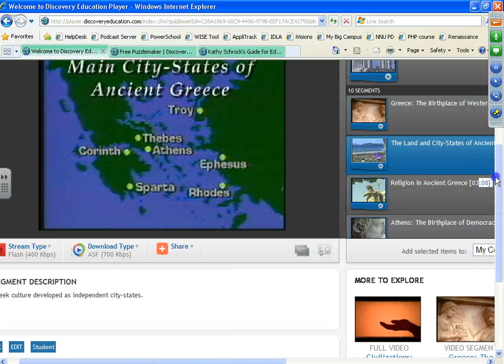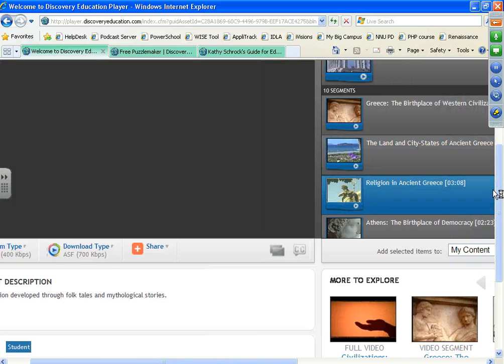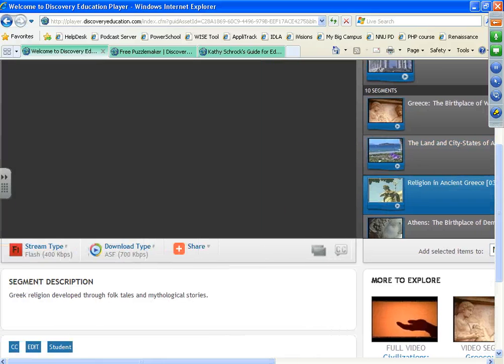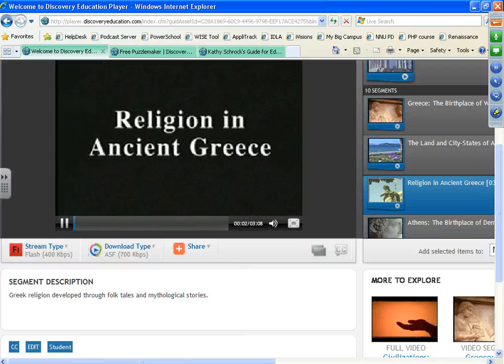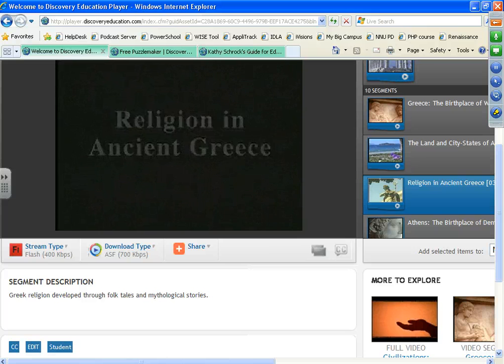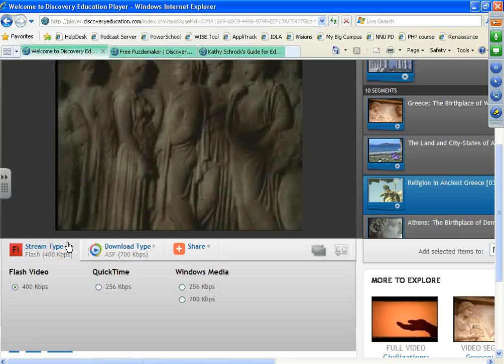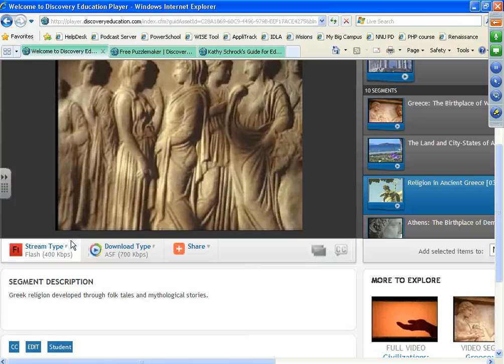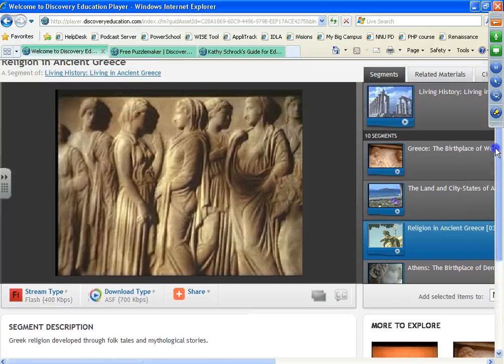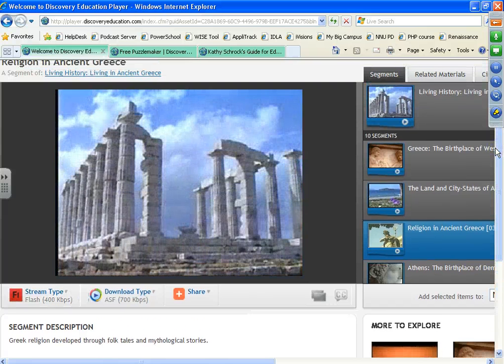Where does it show that option? So you actually have a couple things. Here, notice there are 3 different tabs on the bottom. The first one is asking your preference on how to stream the video. So that's saying what format you want to stream it in. Probably most of us don't care, and Flash is going to be one of the better ones to stream it, so I'd leave that. Under download type,